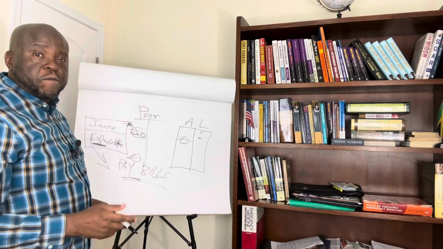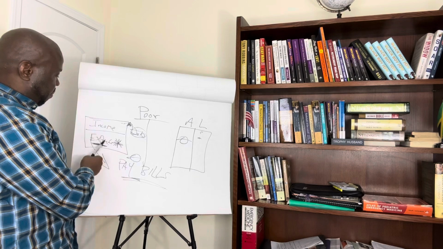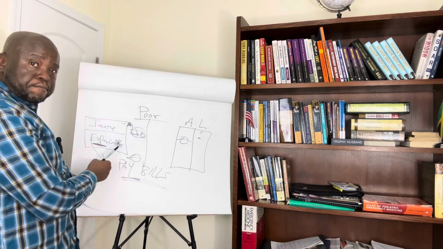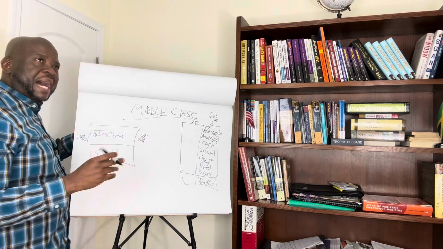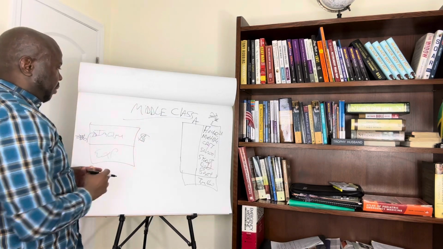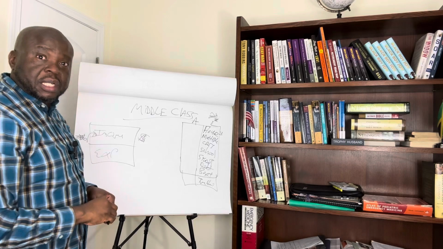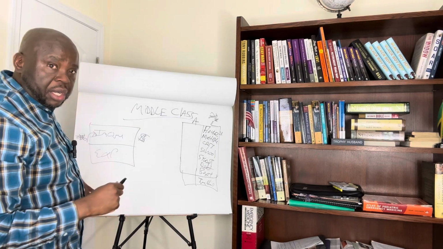So the focus of the poor person is just to pay their bills. I just want to pay the bills. That's it. And they do not buy any assets. The focus of the middle class person is just to impress people by buying liabilities. Look at my watch. Look at my phone. Look at my boat. Look at the vacation that we did.